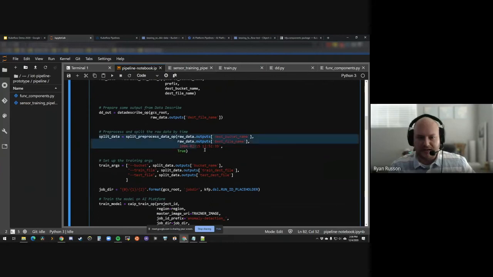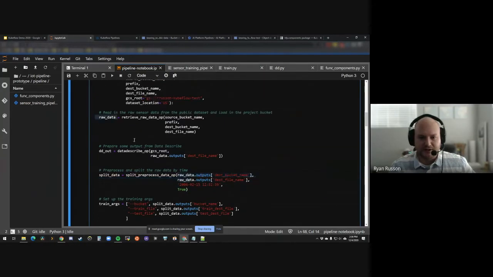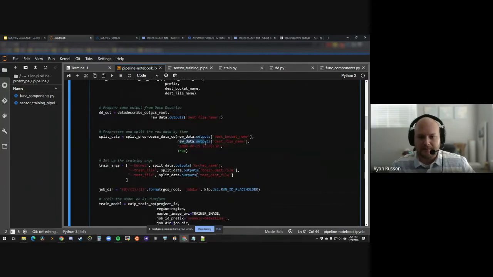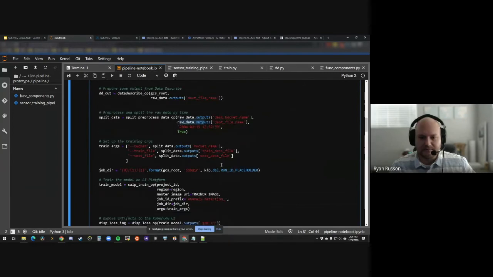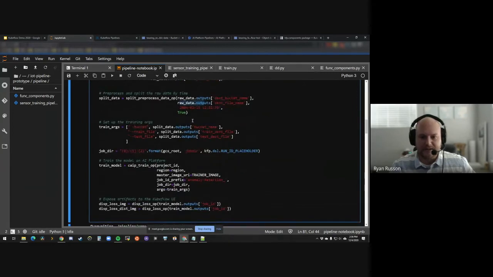And then I have the split data, right? And it's dependent on the outputs of raw data. So you can see the split here. So raw data is here. There's a split here on raw data. There's a split here on raw data. And I'm taking those outputs and going on with that. In this case, right, I knew what the time was, where to split the data between, so I just hard coded it here. Not best practice by any means, but